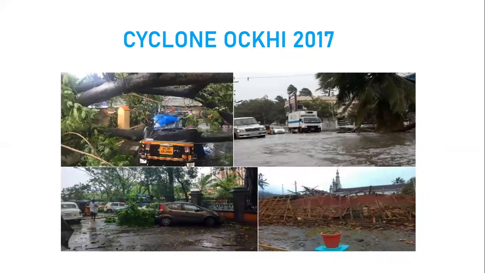Cyclone Ockhi 2017 started in the Bay of Bengal, but it traveled from the Bay of Bengal coast near Chennai up to the Gujarat coast. So it traveled around 2,000 kilometers from the point of origin in the Arabian Sea, resulting in an economic loss of 821 crores with a death of